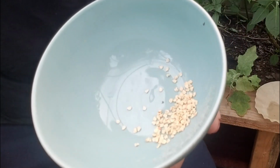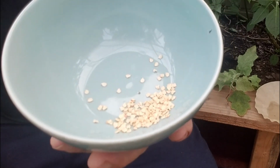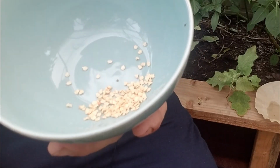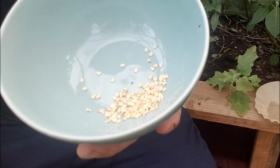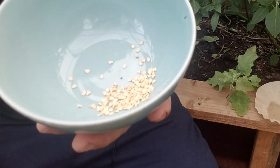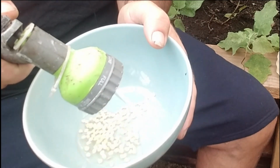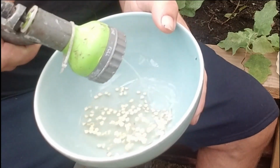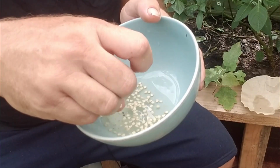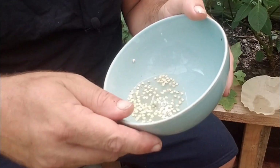Once you have your seeds free from the meat of the bell pepper, you can see that there's still a little bit of gunk in there, some orange mixed in with the seeds. We're gonna try and just rinse those off, and then we'll dry them out. Just give your seeds a good rinse, trying to free up any leftover fruit matter that's left on the seed,